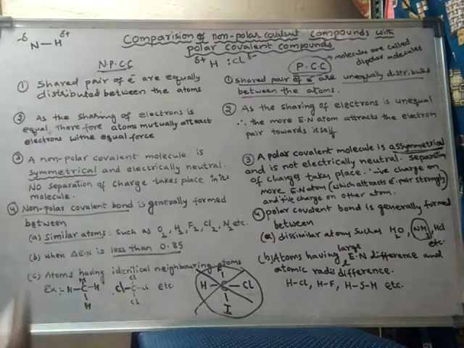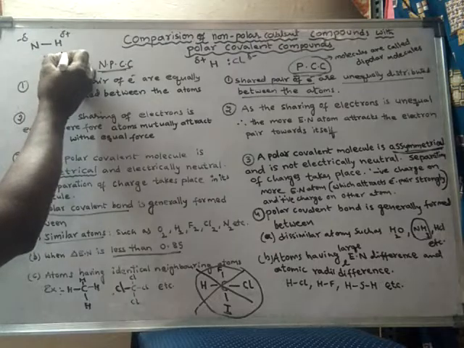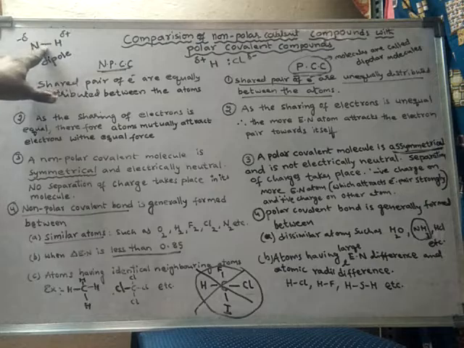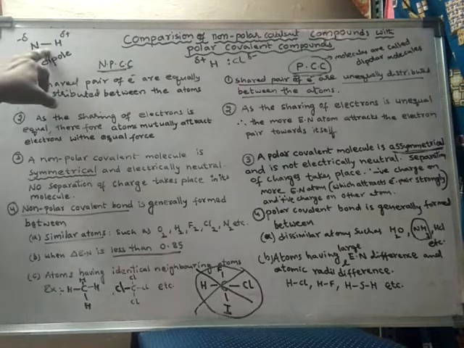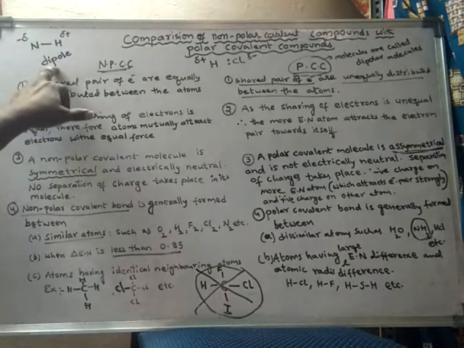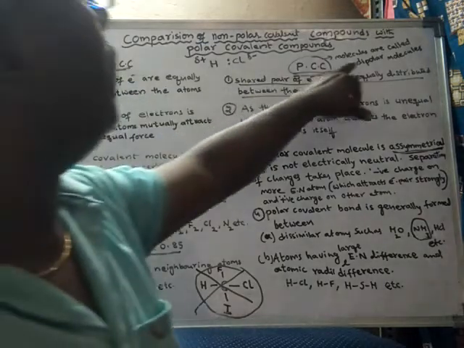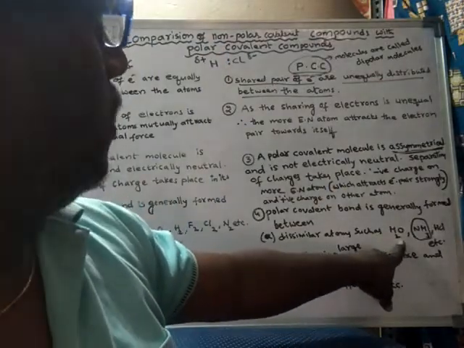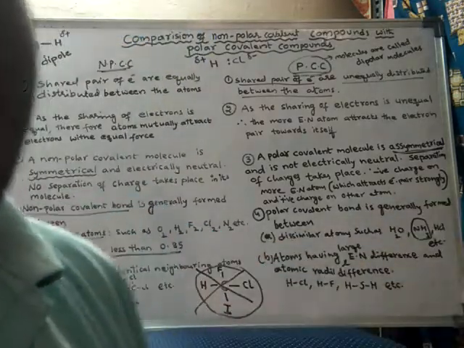Such a thing is said to be a dipole. What is a dipole? Dipole means something which has two centers of charge. As it has two centers of charge, it is called a dipole. As this has a dipole, the molecule is said to be a dipolar molecule. So water is an example of a dipolar molecule. Ammonia is an example of a dipolar molecule. HCl, so many examples are there.